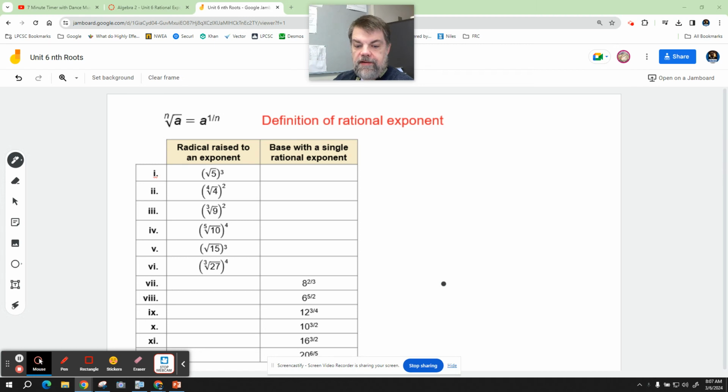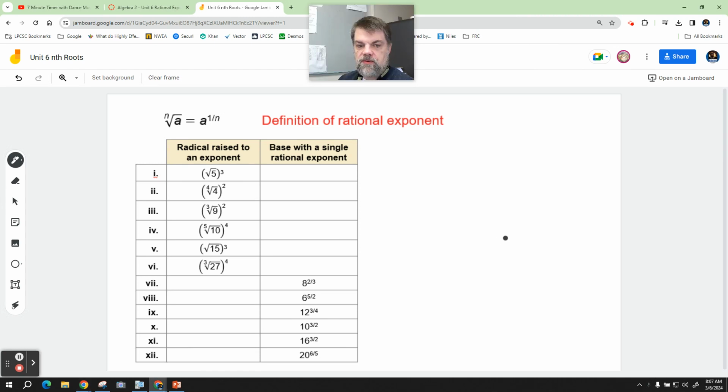All right. So yesterday we talked about the relationship between radicals and what we call rational exponents. So to expand on this definition, this is the definition in your textbook, but Mr. Adams likes to think of it this way. I can think of a base,